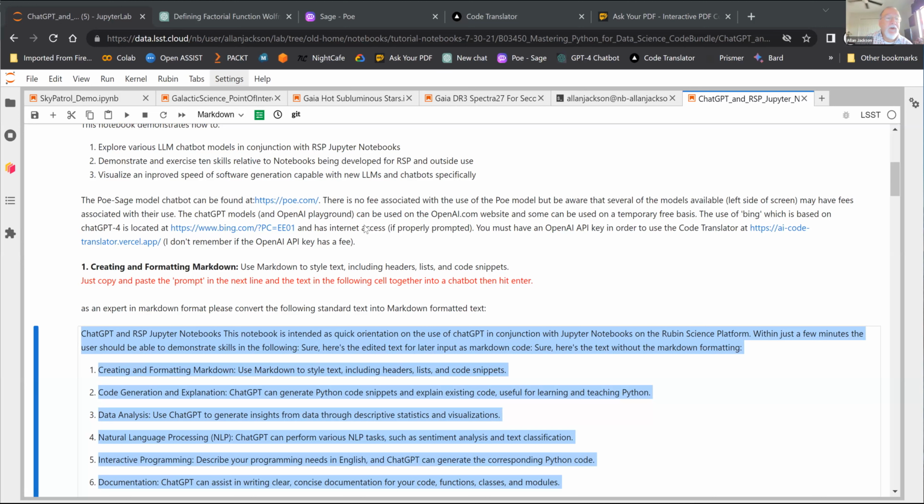Let's see. Oh yeah, I have to warn you first of all: if you paste something too large into the chatbots, you may experience what they call hallucination. A symptom of that is that the answer the chatbot gives you may repeat itself over and over several times. That's one type of hallucination. Another one is an incorrect type of answer. If the chatbot doesn't have any specific domain knowledge about what you're requesting, it will make something up.